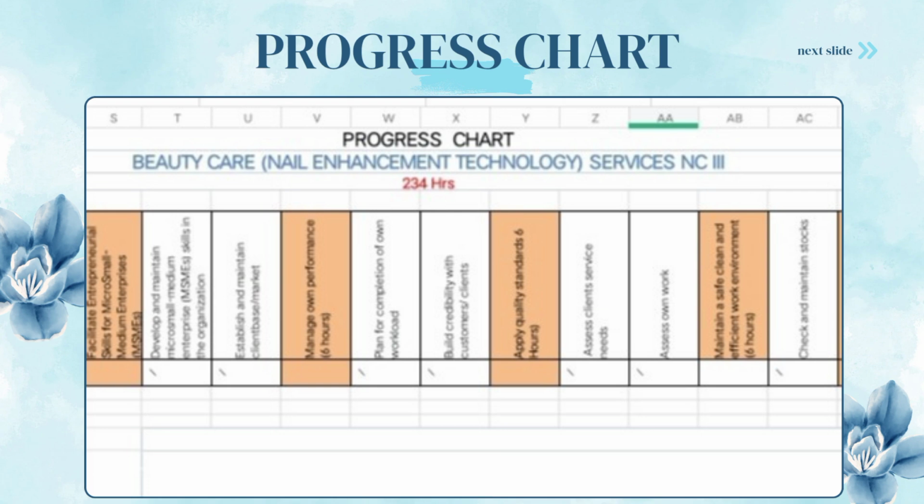It includes important details such as the names of the trainees in alphabetical order, the unit of competency, the nominal duration, and recording system such as check mark for completed requirements, C for competencies passed, and blank space for the task not yet done. Trainers use this chart to record each trainee's performance and to provide feedback or remedial instruction when needed. In short, the progress charts provide a clear picture of the trainee's learning journey and development within the training program.